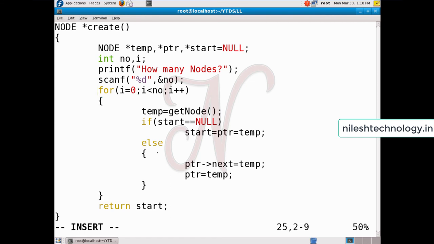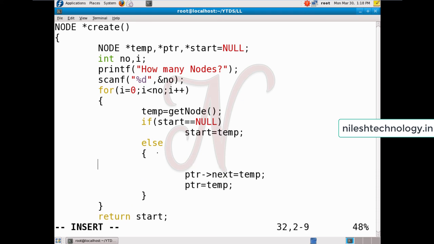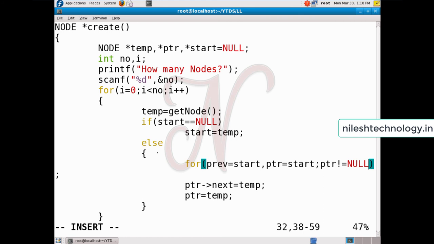So see here, this is your for loop. Then by using temp equal to get node, start equal to temp. Then in else, here we use one for loop. So see, prev equal to start, ptr equal to start, then ptr is not equal to null, and ptr of data is less than temp of data, semicolon.